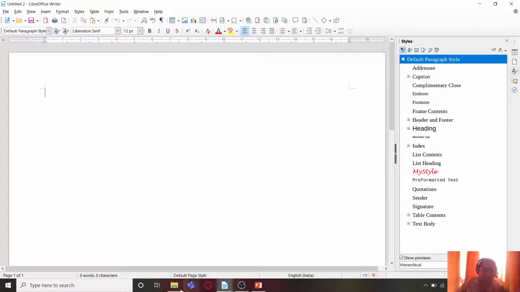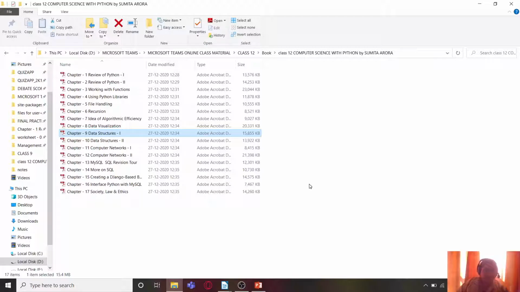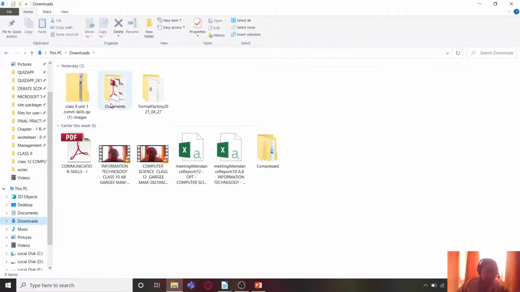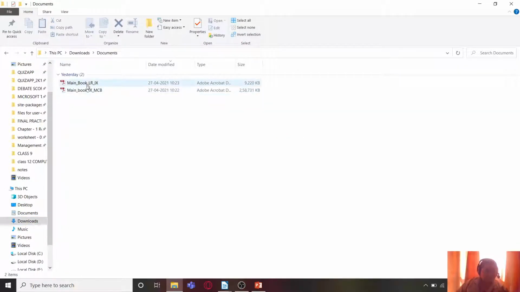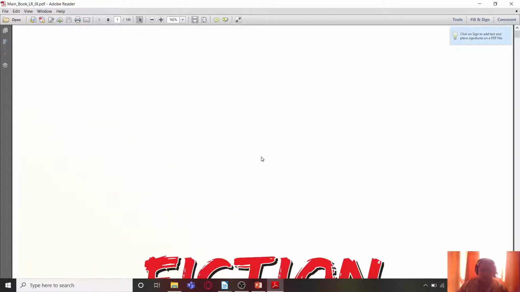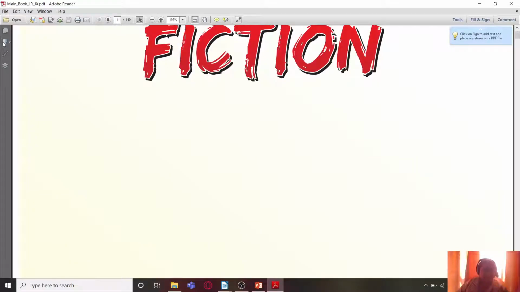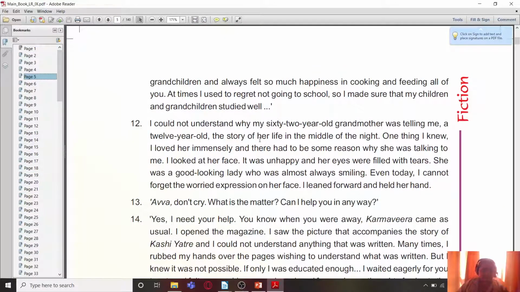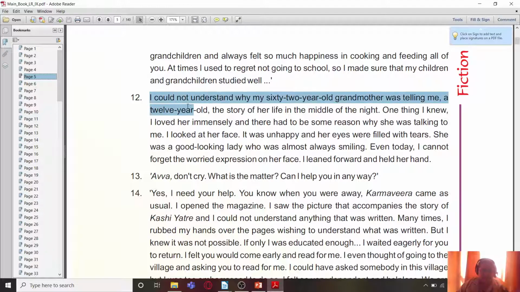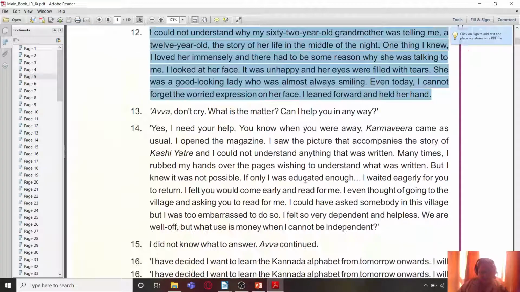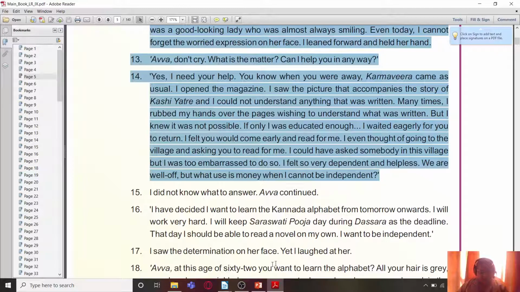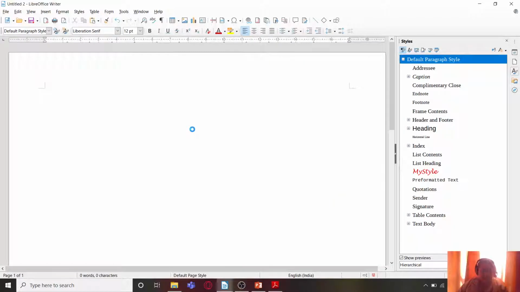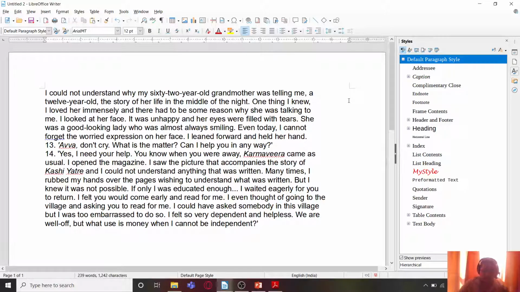Now let me get some text to be applied on this. I already have downloaded some documents. Let me get some ready-made text from a document. I have these few paragraphs, so I'm just going to click on it, and I'm quickly going to remove the additional paragraphs from here.